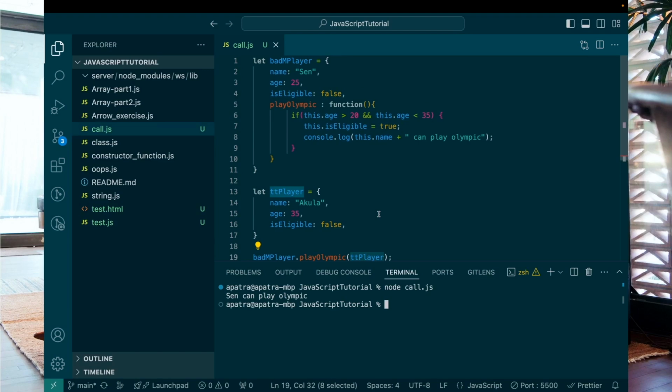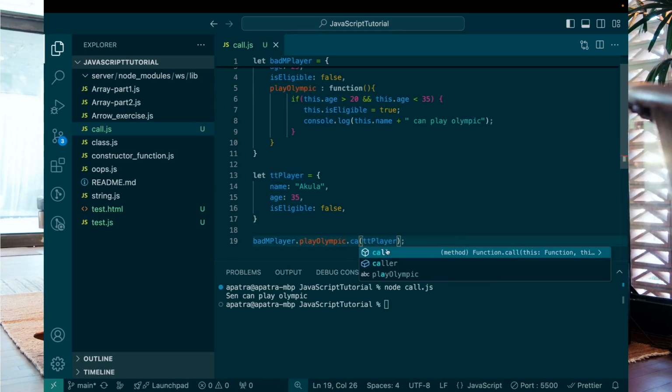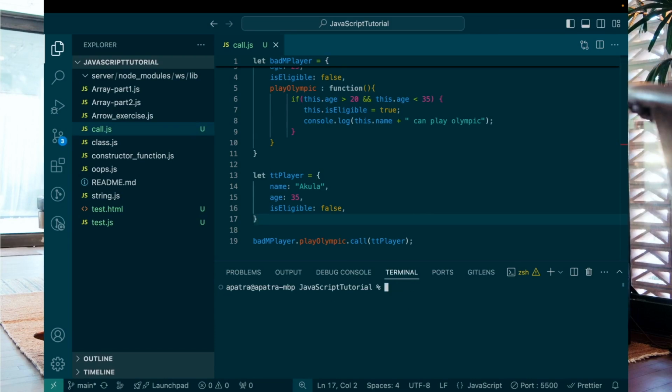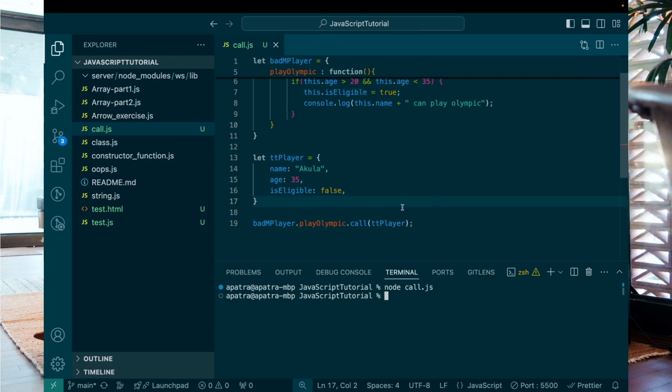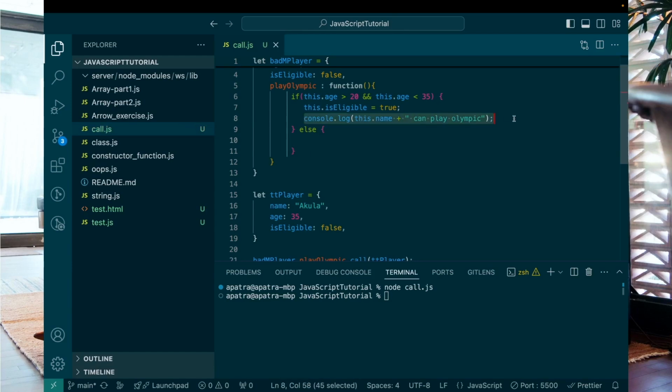We can see it. I have to call this method. Olympic dot call, then TT player, I've sent it, then it should, else I'll just write not eligible